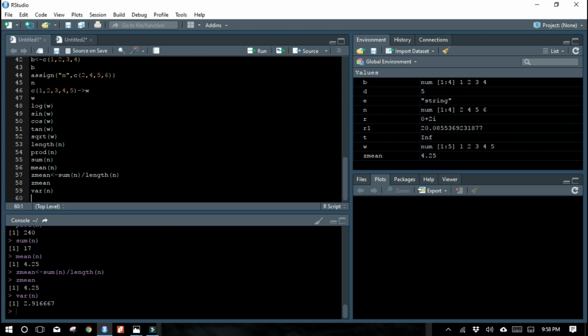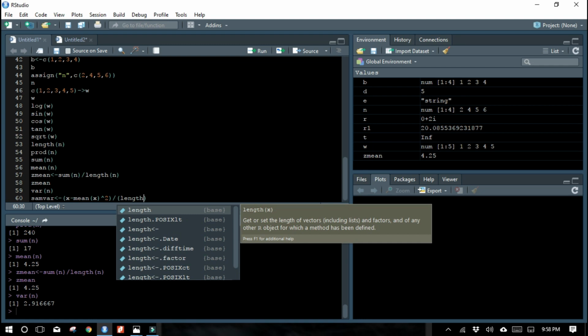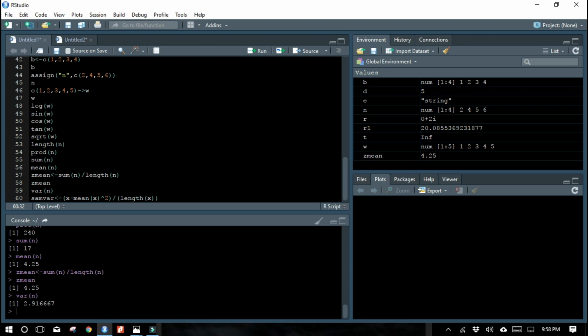Instead of typing, you know the formula, right? So let me give sam var. Let me type the formula over here. X minus mean of x to the power of 2 divided by length of x minus 1.